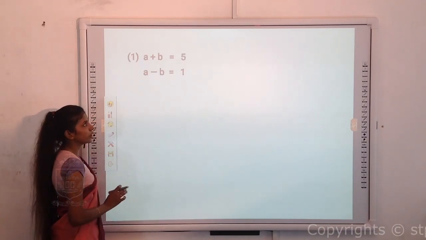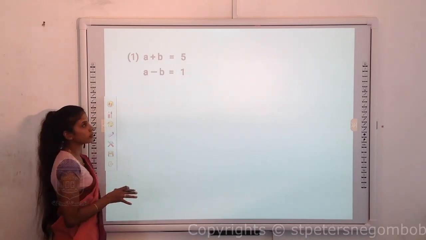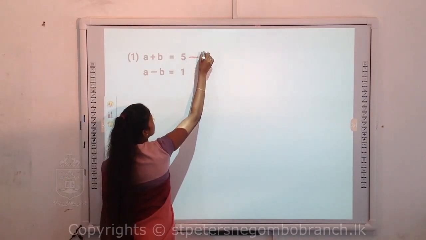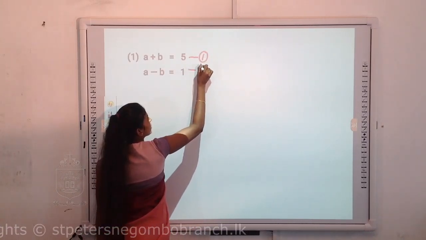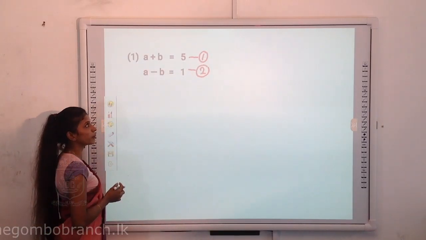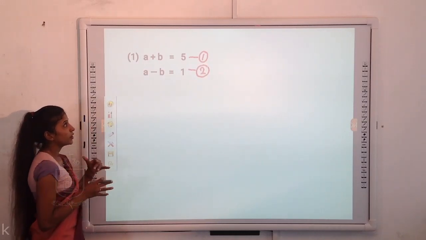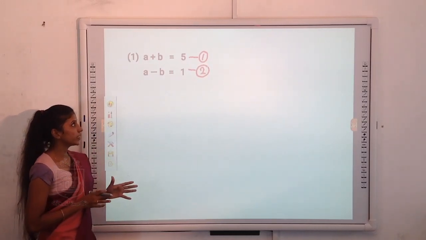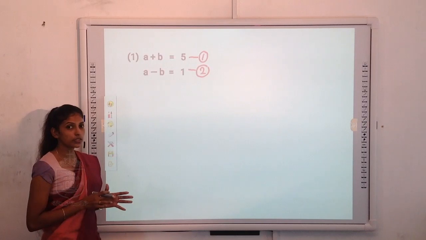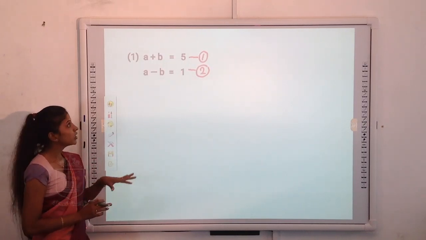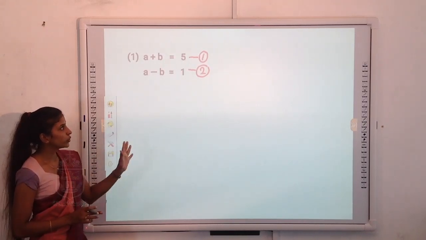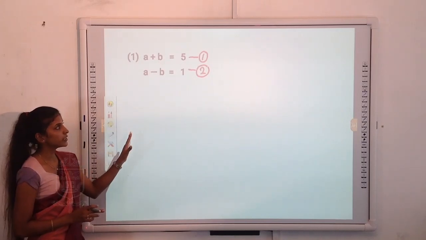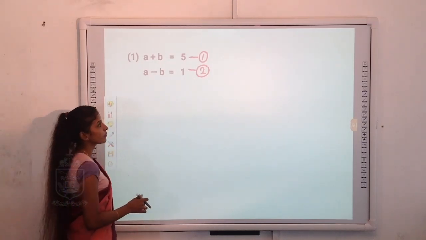So what you have to do is to first name the equations. This is the first equation and this is the second equation. First thing that you have to do is to name. And now, I told you that there are two ways of simplifying it: method of substitution and method of elimination. Here I am going to show you how to simplify this simultaneous equation in both ways.